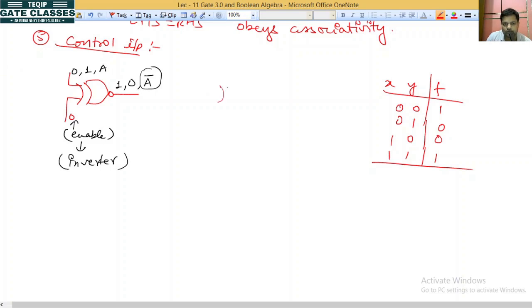Okay na? Now see what happens if we fix it at 1. Okay na? So if we give 0, so 1 0, output will be 0. 1 0, both are different, so output will be 0. 1 1, both are same, output will be 1. If you give A here, output will be A. So it is again enable input but acts as buffer. Okay na?